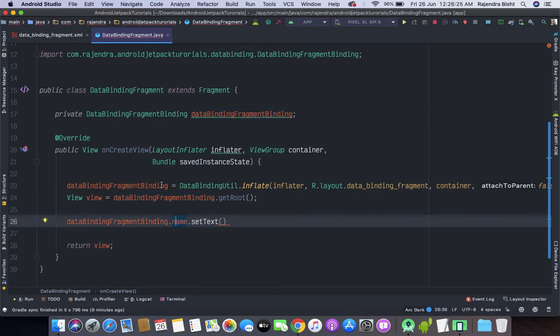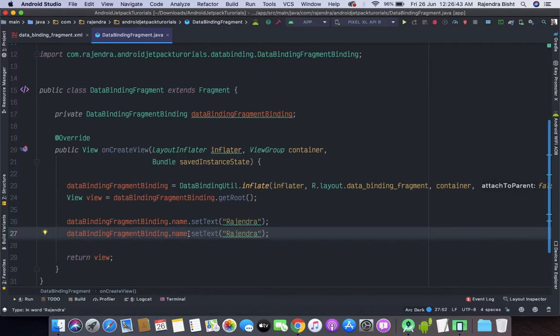So here we will take the data and set text equal to, let's say, Rajendra. Similarly, we will bind the email. So let's run the app.